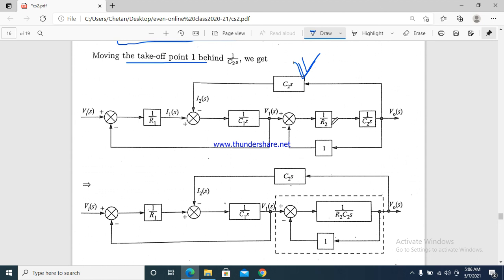After this, what you do? Multiply this one with this. And also, whenever you are solving any problem through block diagram reduction technique, try to shift the point behind the block or ahead of the block, so that you make a feedback loop available, so that you can simplify that one. And wherever you have the summer, try to add the elements. Through these steps, first you simplify the given circuit.